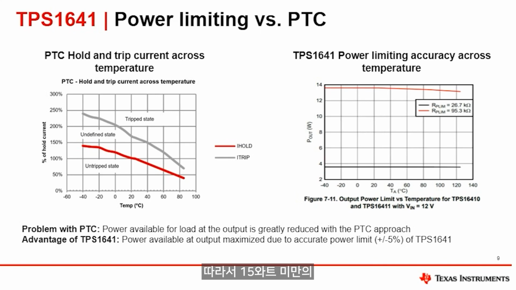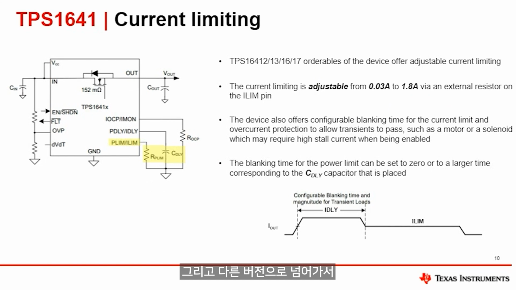So if you wanted to have a current limit that was below 15 watts, then you can see in this red curve here that it has a very stable accuracy across temperature, from minus 40 C up to 125 C. So really what that helps to provide is it allows you to maximize the amount of power available for your output. And then quickly going over to some of the other versions that we have, the versions 1.2, 1.3, 1.6,